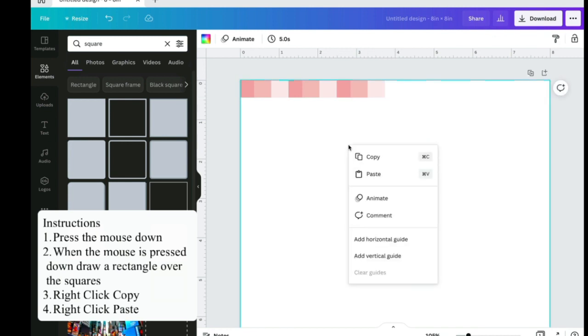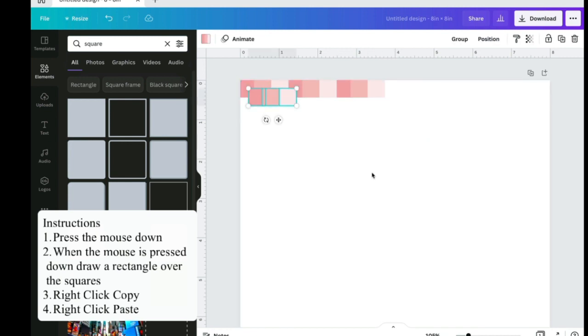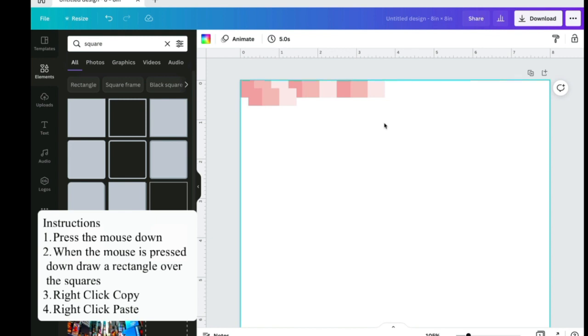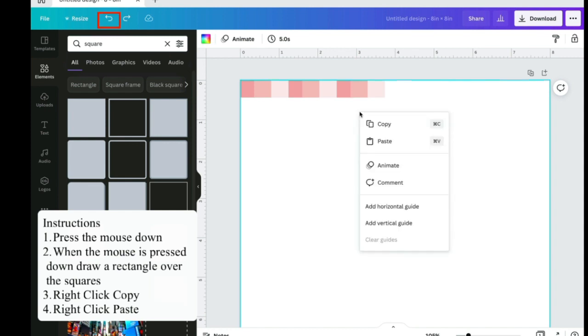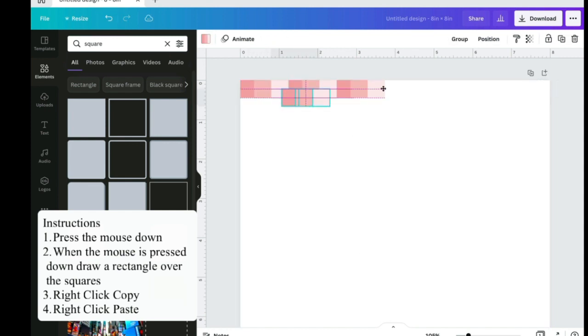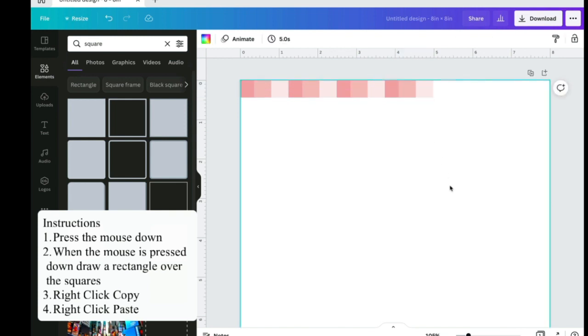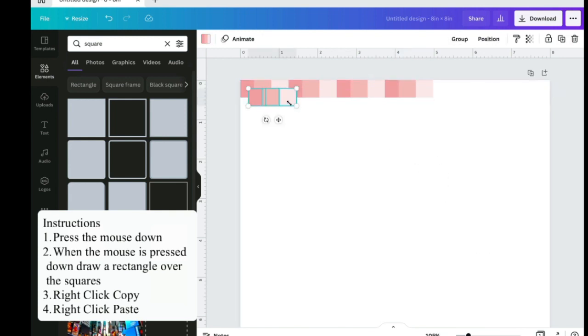So I'm going to right click paste. And for some reason, if I accidentally click off of it and they're not selected, what I can do is I can go up here to this undo button and I can click undo and it gets rid of them. So if you make a mistake like that, it's easy to undo it. So I'm going to right click paste and I will just continue to make this row. I will right click paste